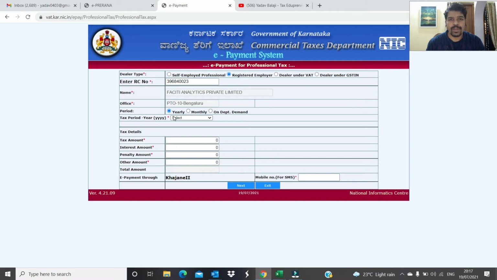Here, for the yearly payment you have to select it at the year end only. The financial year now is 21-22, so in the month of March 2022 you have to make the yearly payment. You have to renew every year by paying 2,500. But now we are going to make a monthly payment where we deducted 200 rupees from each employee. So this is 2021, and for the month of June we are making this payment, so we will select that one. There are 14 employees whose salary is more than 15,000, so we deducted 200 rupees each, and you can give your mobile number. Let me give some random number and just click on next.